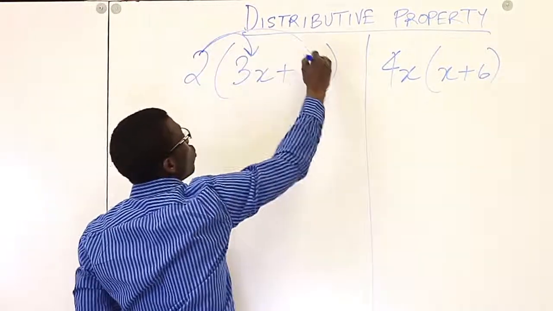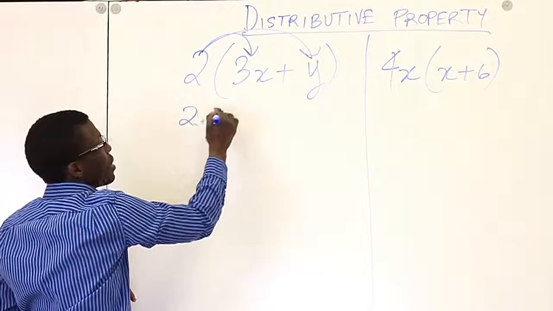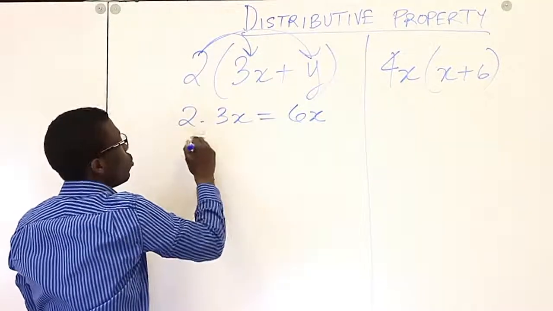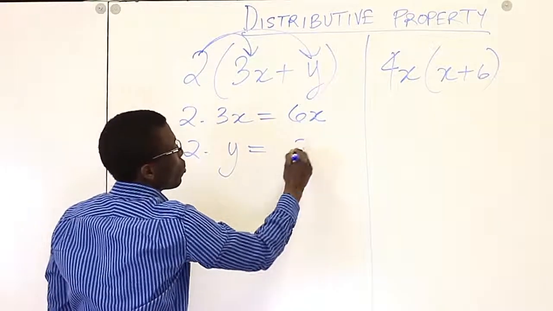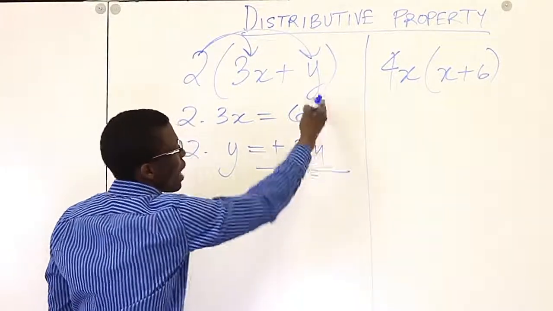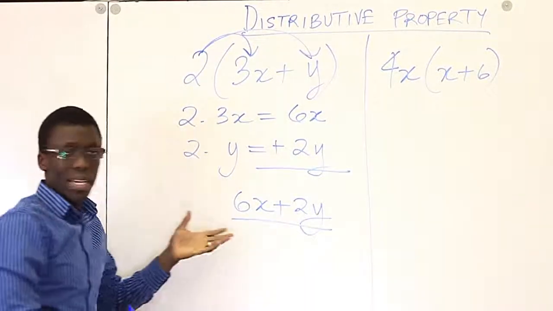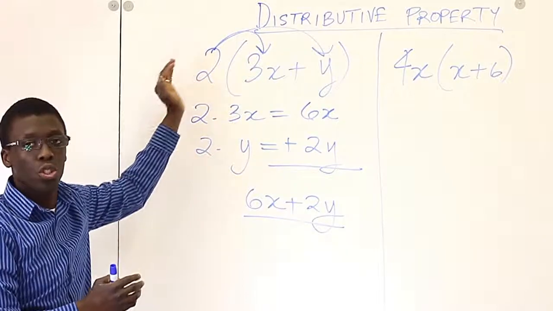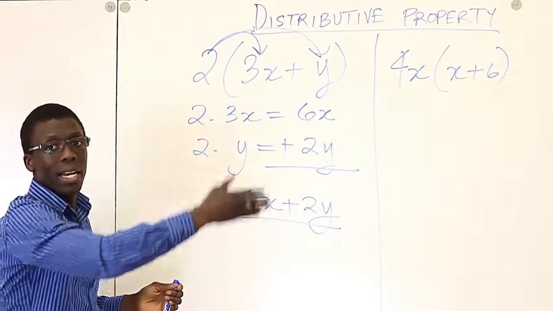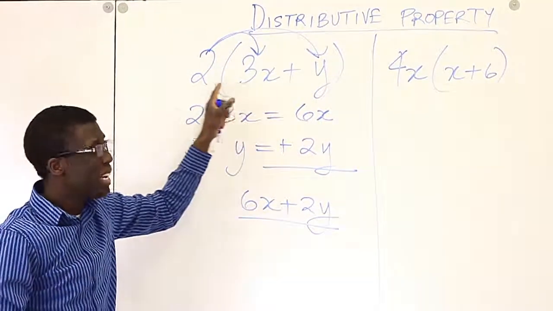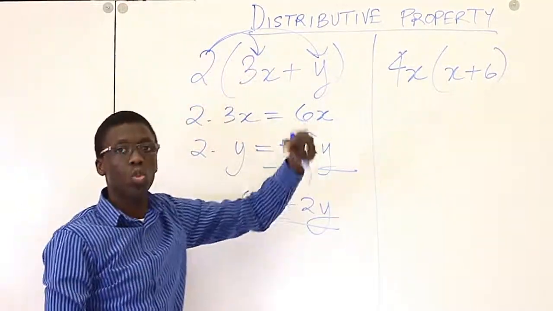And so you have 2 times 3x, which is equal to 6x. And then you have 2 times y, which is equal to 2y. And then you add these two, so you get 6x plus 2y is the answer. We've just distributed the 2, okay? It's like the 2 is shaking hands with each term inside. Even if we had 20 terms in the parentheses, that 2 will just shake hands with all 20 of them,